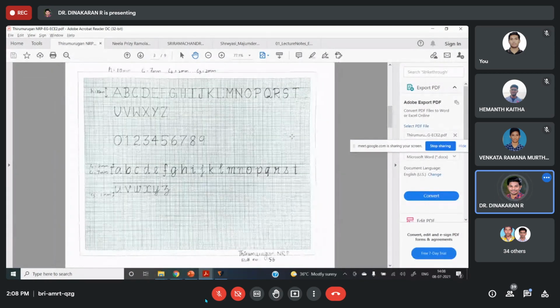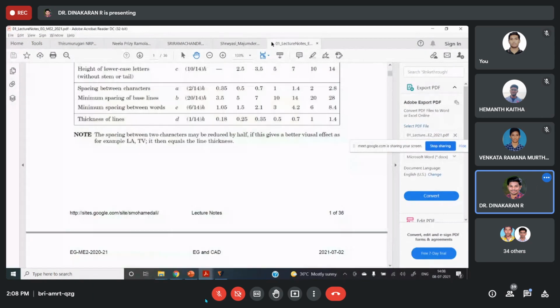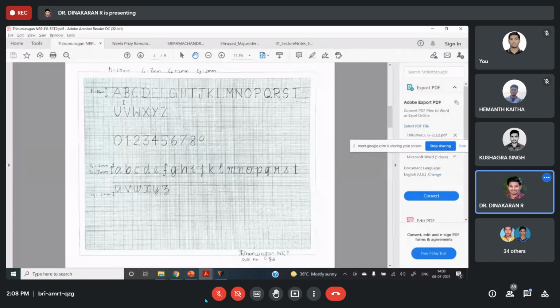H is 5 mm, 7 mm, and 10 mm. This is assignment 1, exercise number 1. Okay, any doubt on this?